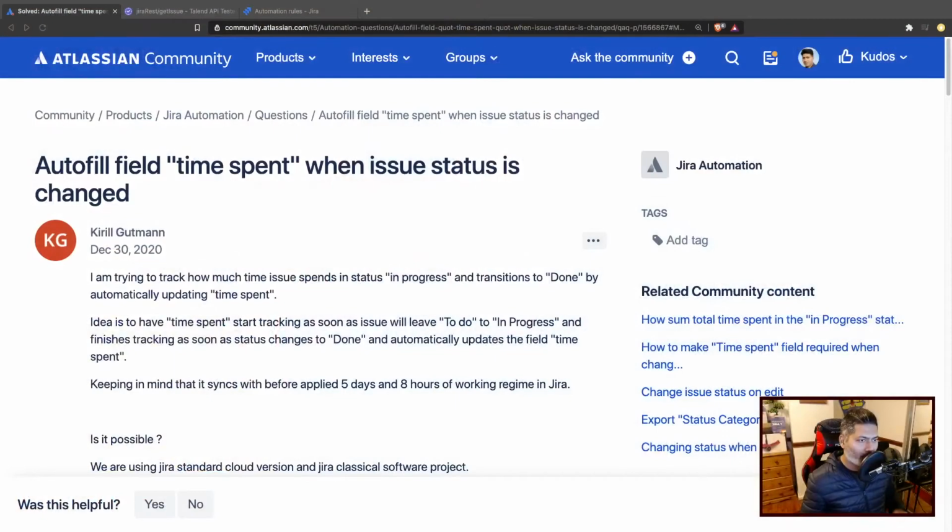Today, let's do something really cool and interesting using automation rules. Before I show you what I have done using the rules, I want to discuss this requirement, this question asked on the community. Recently, which was only a couple of days back, I received this question: